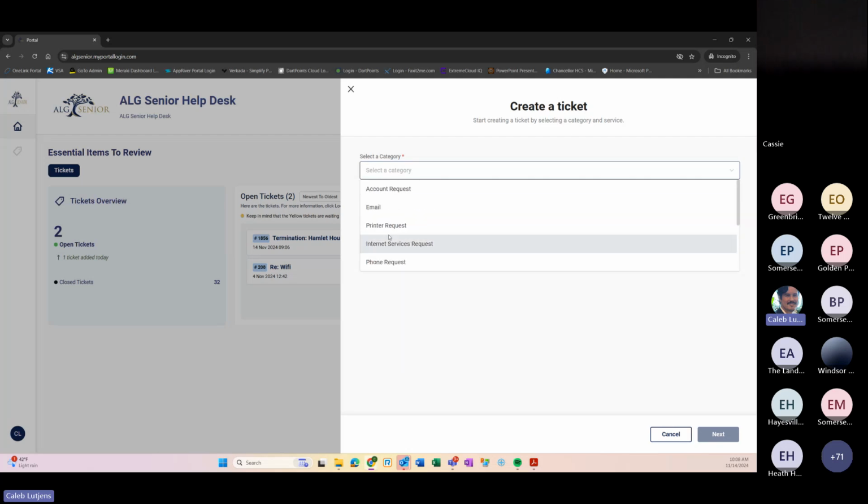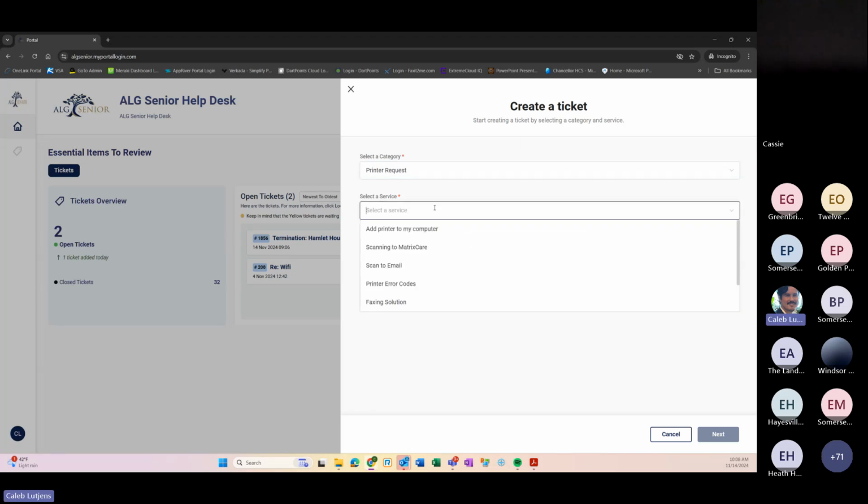So for example, I get quite a few printer requests on a daily basis. So if you're having issues with your printer, you just hit printer request, and that will select that category. And then you'll hit service, and there will be a drop down, and there'll be several different options you can choose about what's wrong with your printer. For example, you need to add the printer to your computer, scanning to Matrix Care is not working, scanning to email is not working, printer codes, error codes on your printer, faxing's down, and just printer not working in general, like it's not printing. So for example, if I wanted to add a printer to my computer, I would select this